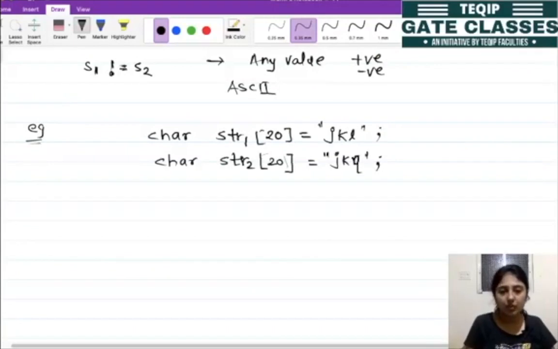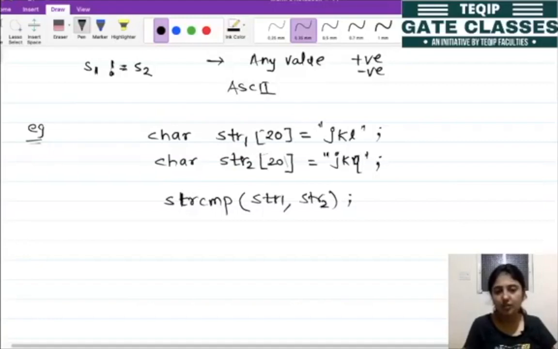In order to compare, we need to write strcmp, and inside it we pass these two strings: string 1 comma string 2. Here the order is not important, so you can also write string 2 comma string 1. The return type is integer, so we need one more integer variable, let's say i, to hold the difference if they are not equal.